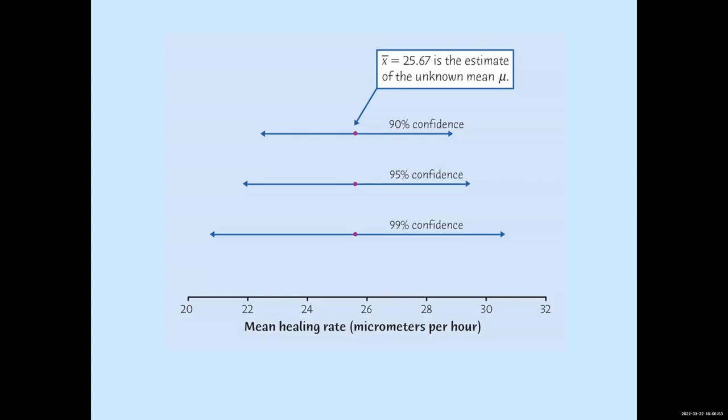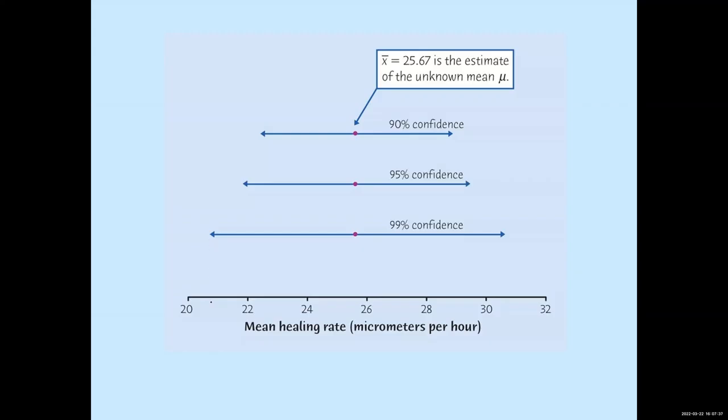And once it's that wide, like if you think about all the values of X that our value could be across the X-axis, the wider our confidence interval gets, the less well we know what the true mean actually is. So there's a trade-off between how sure we want to be that we have caught the true mean versus what we know that the value actually is, right? So if we choose to have a 99% confidence, sure, we're really confident, we're 99% confident that our confidence interval is catching the true mean,